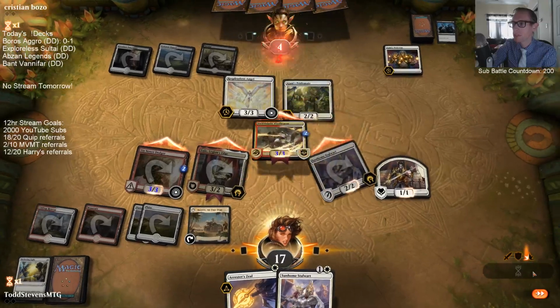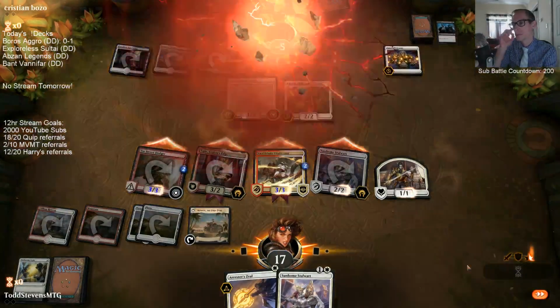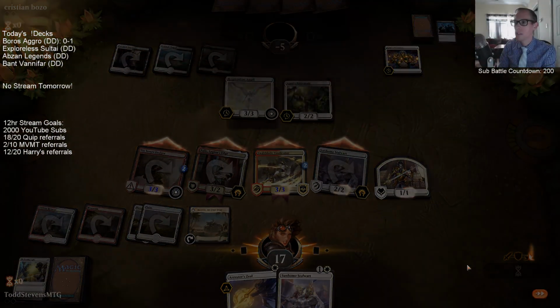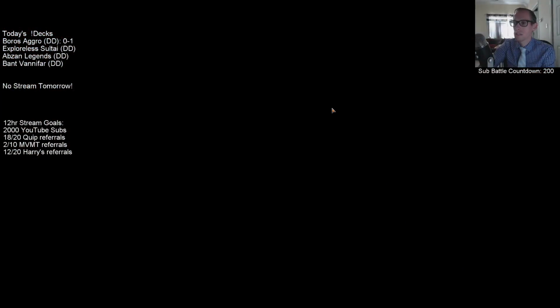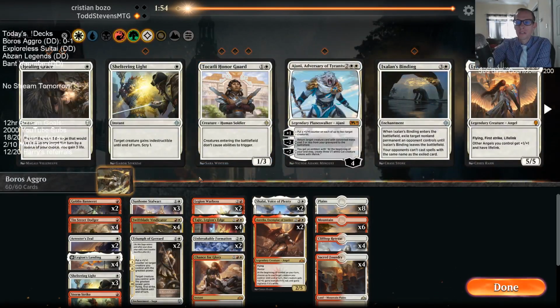There's not even blocking. Oh yeah, they would have taken... They could have potentially blocked it, got to 1, if they threw away the Angel. Basically, if they would have chump blocked their 2 creatures, they could have gone to 1, but...